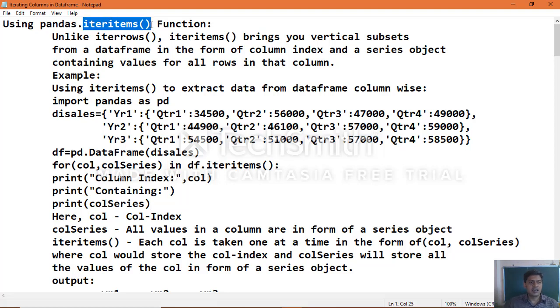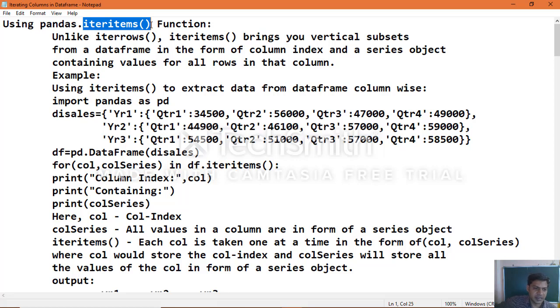Unlike iterrows, which brings horizontal subsets, that is row data, iteritems brings vertical subsets, which means column wise data from a data frame, in the form of a column index and a series object containing values for all rows in that particular column.